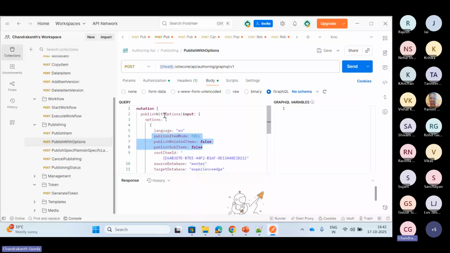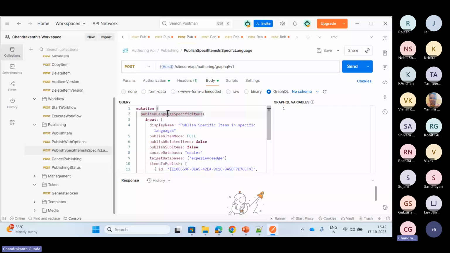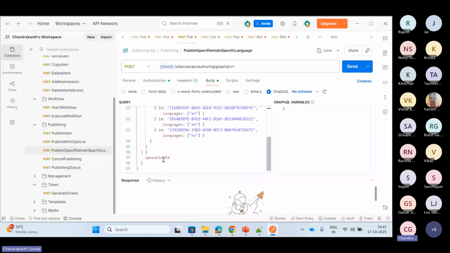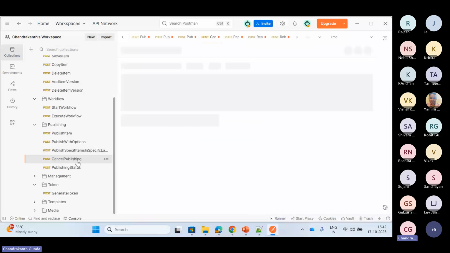If you want to publish where all the options are the same, only for certain items, certain languages, and for one other item, another language, then we need to use this publish language specific mutation. And for all those publish related mutations, we have this operation ID as a response, which can be used to cancel publish, sorry, to cancel